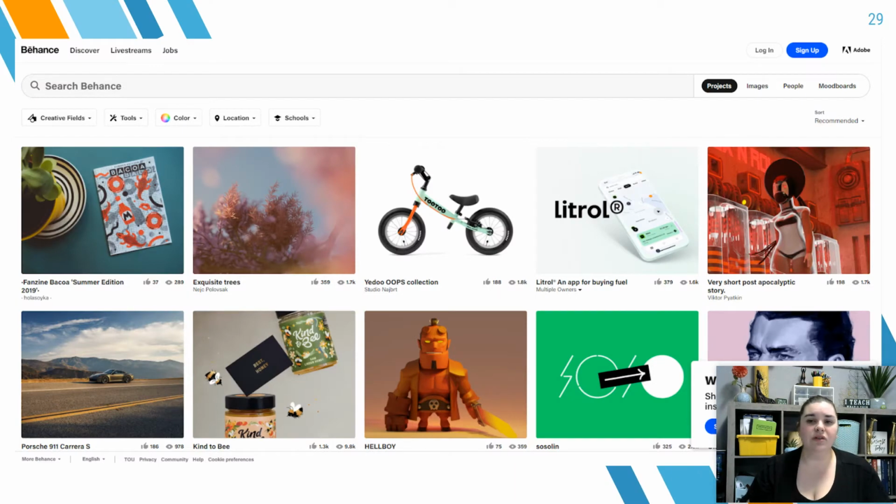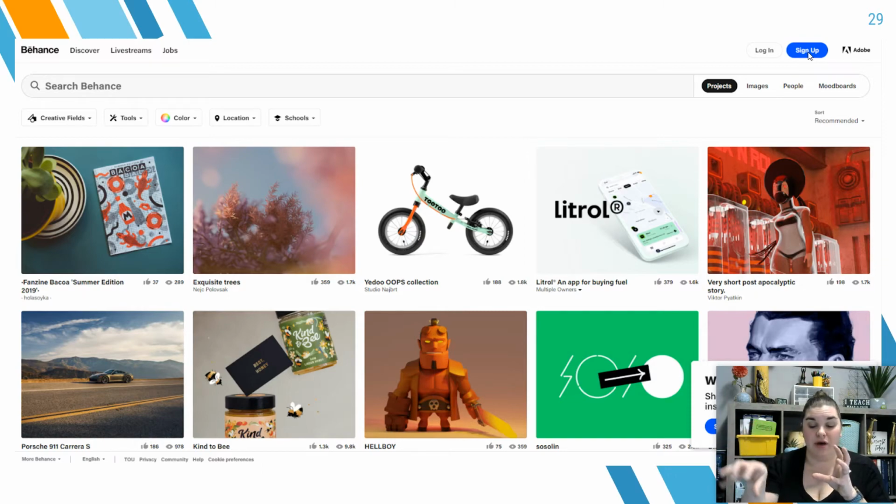So when we look at a website like Behance, you had all that HTML that I showed you before, which puts these elements in, it puts the pictures in, it puts the text in, it puts the search bar. But to make them look like this, to make them have this font, to make these have a border and have spacing around them, to make this button have a blue background, these are all style pieces to change the way that they look. The text sign up is on the HTML part of the coding, but the blue border and the curvature and the white text and the font, those are all settings that are set in the CSS